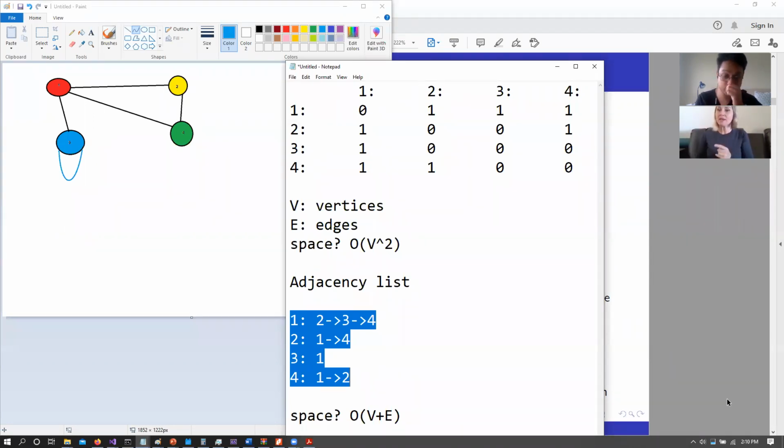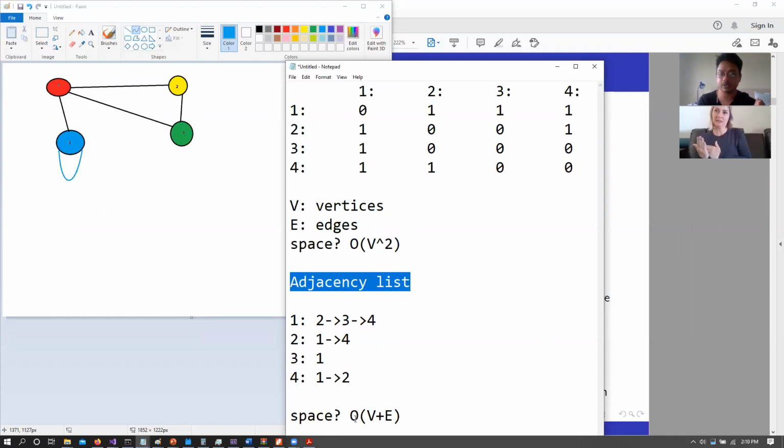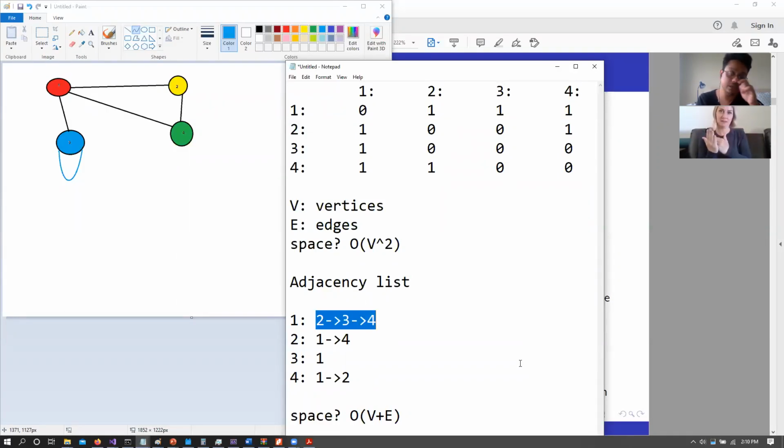Because there are issues. So before we begin, the space complexity for an adjacency matrix is always going to be larger than an adjacency list, right? You understand that? Because this is essentially V plus E. At max, I can have multiple self loops, but at the end of the day, I can't get to V squared, right? But it also means that since I'm representing this as a list,